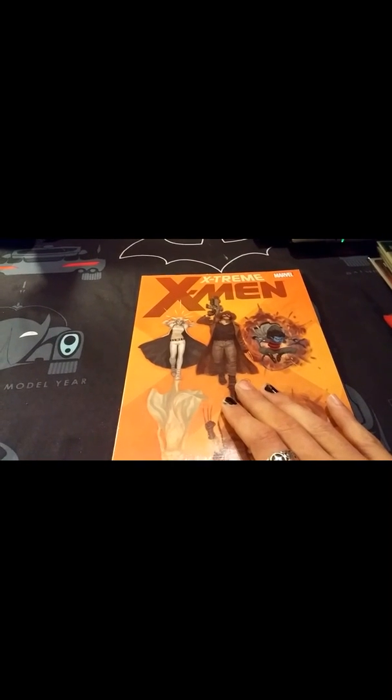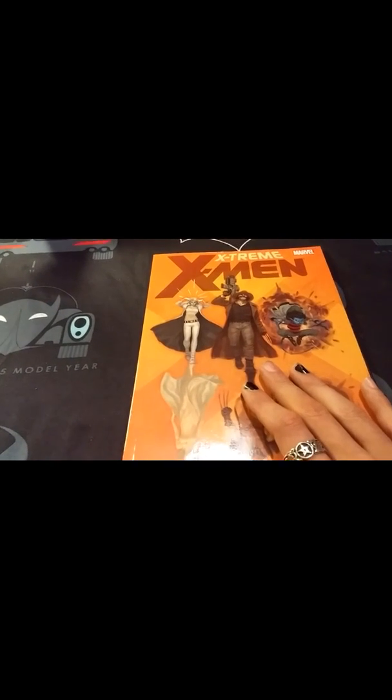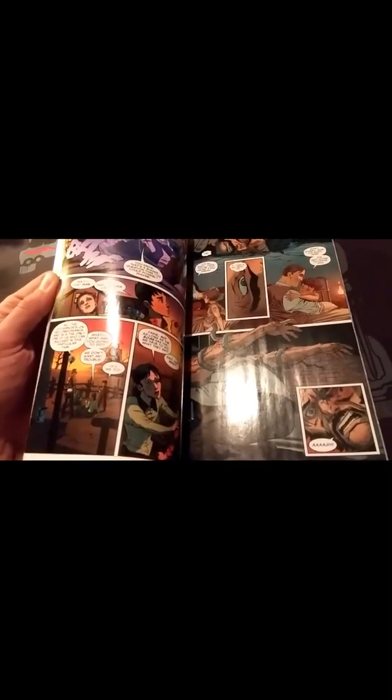purebred Canadian Teddy Roosevelt, Prime Minister of Canada Wolverine. And in one of these volumes, I think it's volume 2, which I actually already have, there's a great storyline where he and Hercules, who are a couple in this universe, get found out by Zeus, and so he sends them to Hades, because I guess Zeus is super homophobic in this universe. That's awesome. So he sends them to Hades, and there's this whole awesome story...